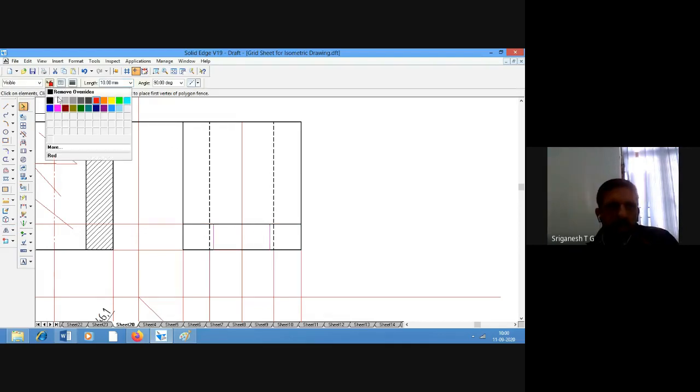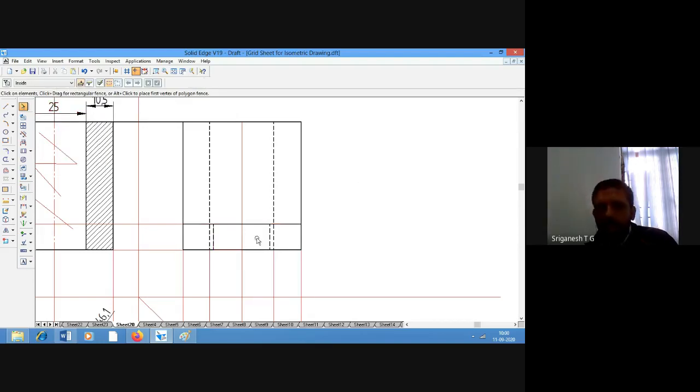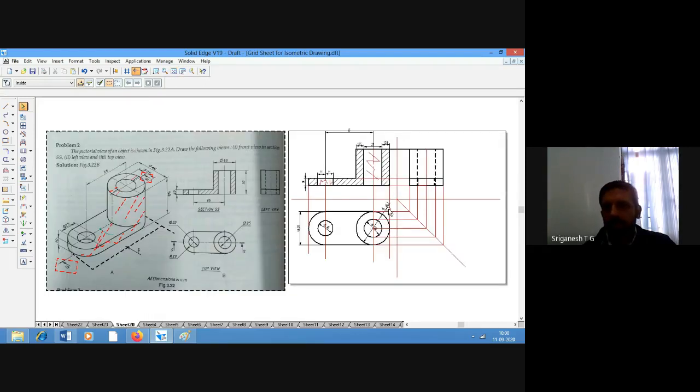This will be a dashed line because it is for the hole that is present onto the other side. So it is 21 mm diameter, sorry, 22 mm diameter. Is that clear? Any doubts?